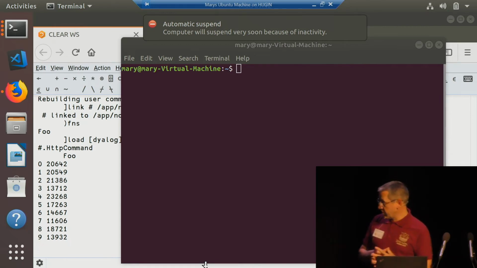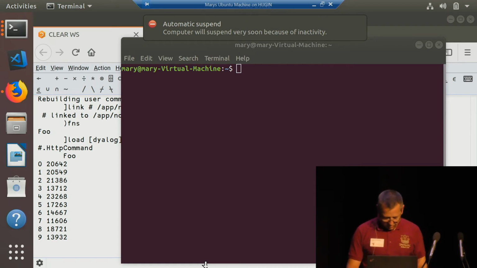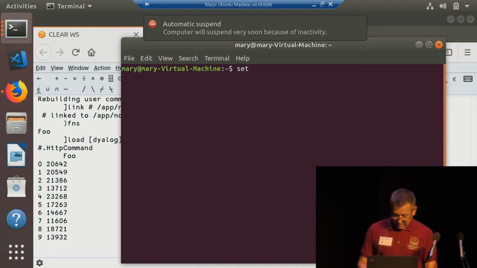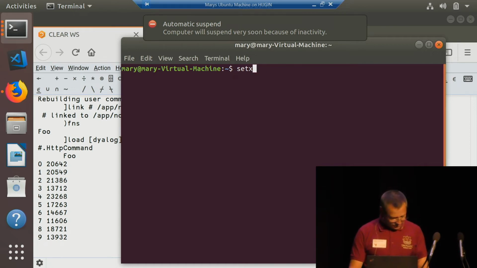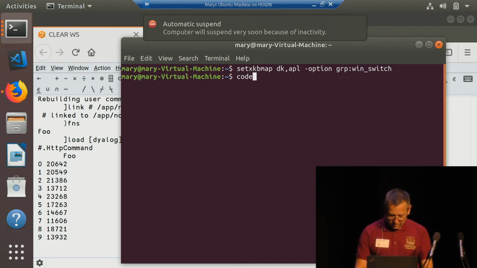So since she hasn't installed Dyalog APL, the APL keyboard isn't set up. So we need to set that up. Fortunately, Jeff, how many years ago, Jeff, got the APL keyboards into XKB map, Denmark, APL, option, switching between groups using the Windows key. It's a very common key to use under Linux. And then she can call Visual Code,